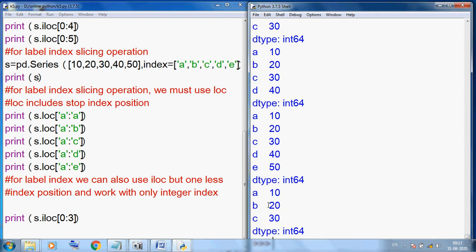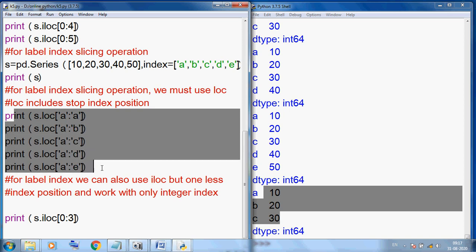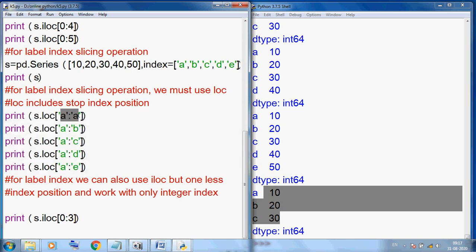Okay, so we can also use iloc, but again we keep in mind always one less for the stop index. It does not include the stop index. Only loc provides this kind of facility. It will include the stop index and only works with label index. But iloc works with only numerical index values.